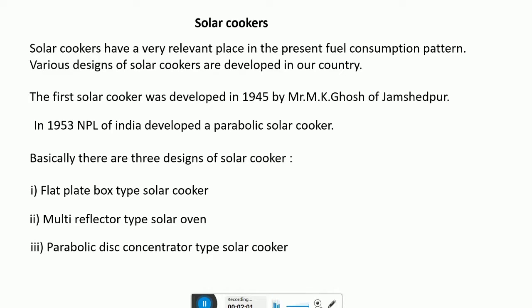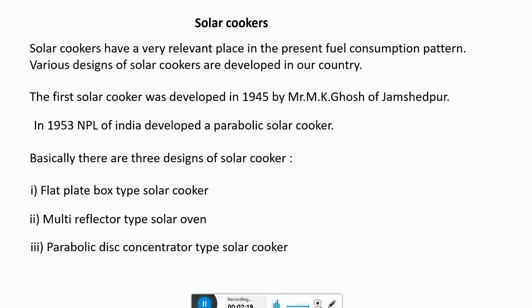Basically, there are three designs of solar cooker: flat plate box type solar cooker with or without reflector, multi-reflector type solar oven, and parabolic disc concentrated type solar cooker.